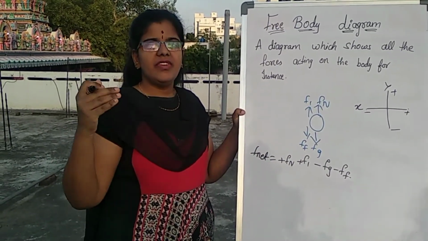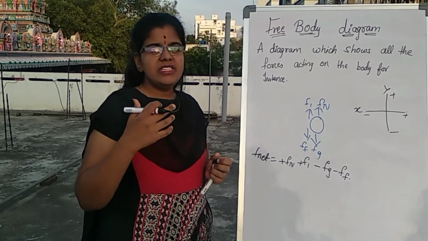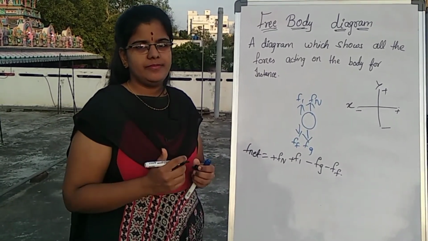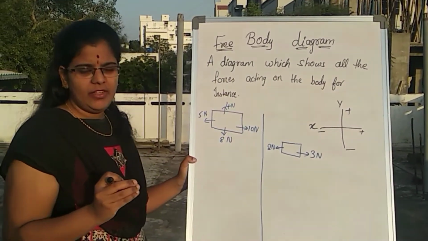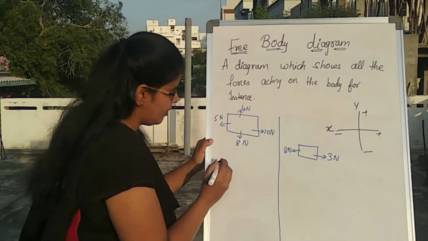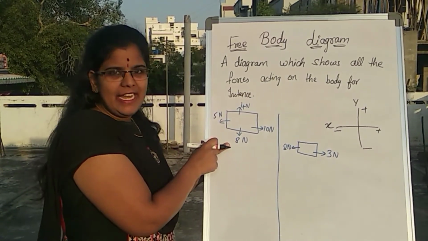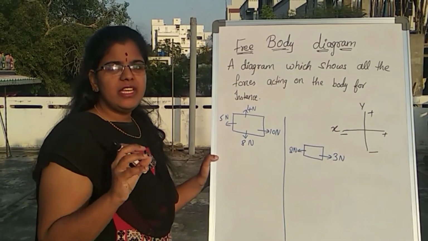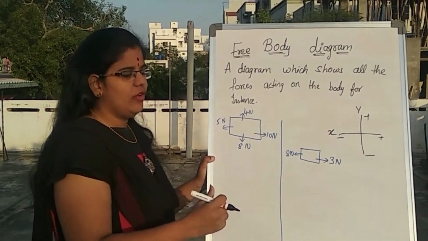So based on this we have a few problems also. They will be giving any object and they will be saying that the force is acting in so and so direction, then what will be the net force. Let us see two examples quickly. We have taken two objects, and they'll be giving forces acting on it like this, and we have to calculate the net force acting onto that object. So let us take the first object. In the upward direction 4 newtons, and downward direction 8 newtons, and toward right side 10 newtons, towards left side 5 newtons. So these are the 4 forces which are acting onto that object. Now we have to calculate the net force acting onto that object.